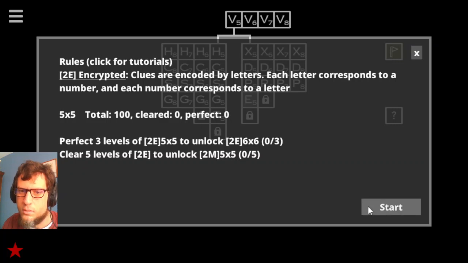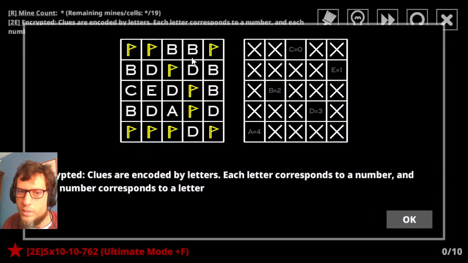Encrypted. So it turns out, it gives you letters instead of numbers, and then there's this sideboard that tells you which letter is which, but you have to solve that yourself to figure out which one is which. One important thing is that each letter corresponds to exactly 1 number, so there can't be 2 different letters that have the same number,